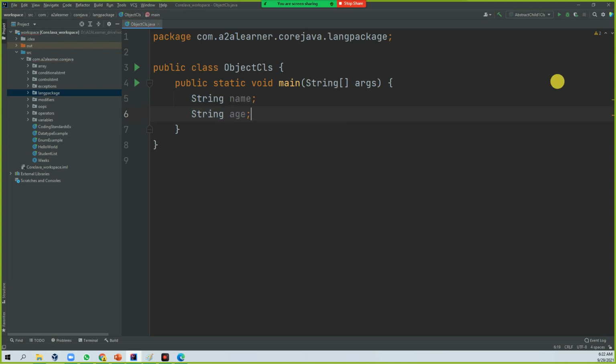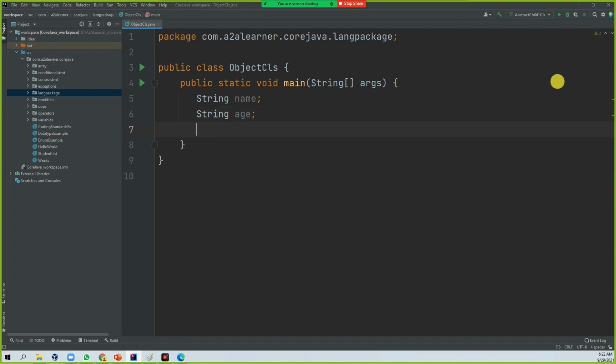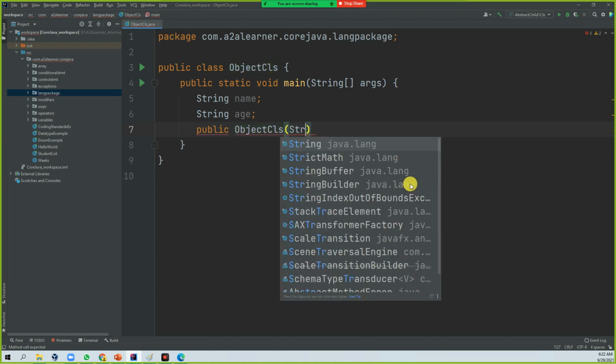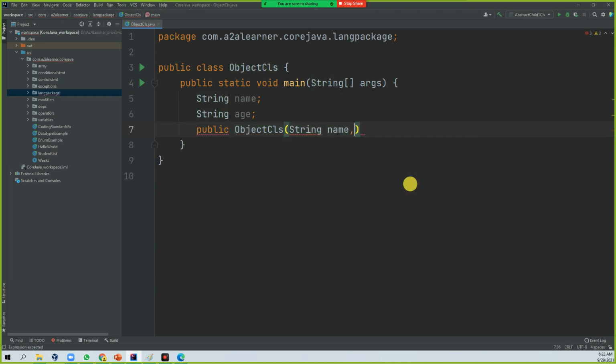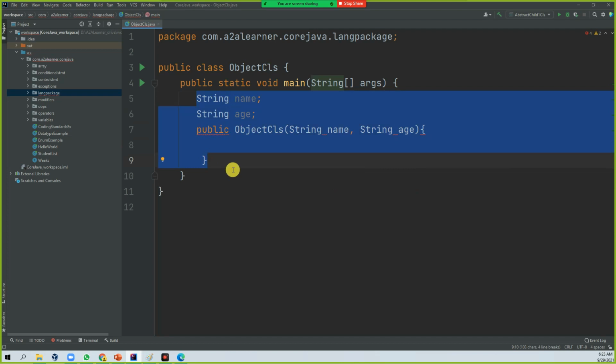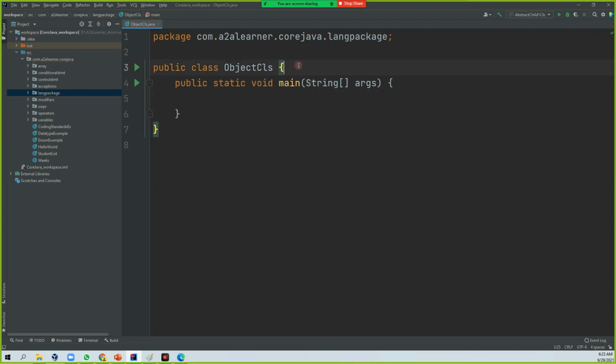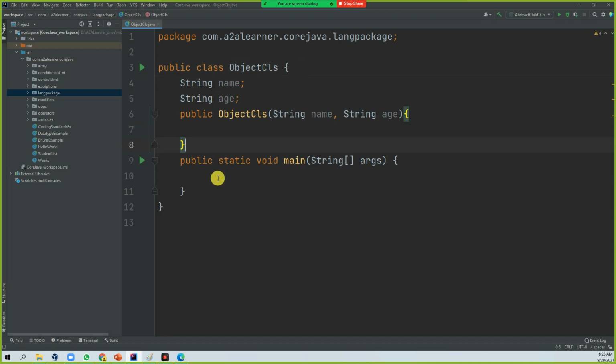These are the two variables declared here, and let's create one constructor, public ObjectClass. Sorry, all these things I should put outside of the method; I was writing inside the method, and you should not write inside a method.